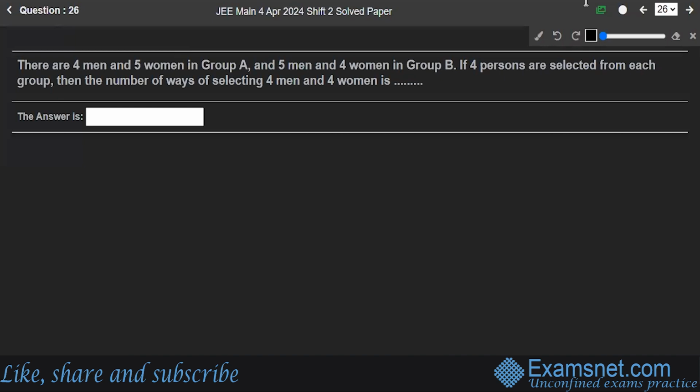Question number 26, there are 4 men and 5 women in group A, 5 men and 4 women in group B. 4 persons are selected from each group. Then the number of ways of selecting 4 men and 4 women is. So let's understand, you are having 2 groups, right? This is group A and group B. 4 men and 5 women are there. And from group B, you are having 5 men and 4 women. Okay, 4 people are selected. So ways